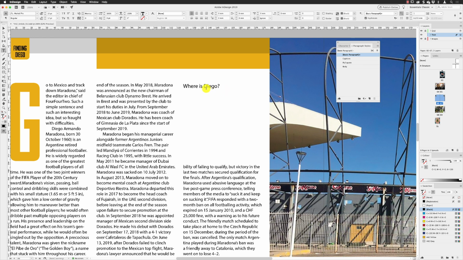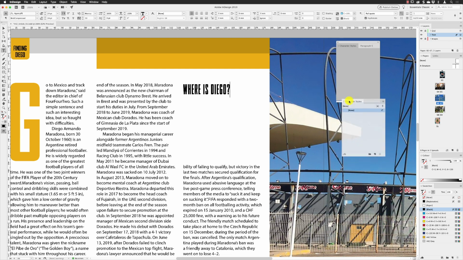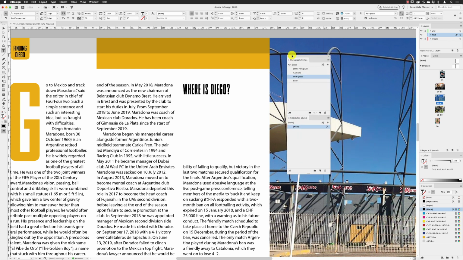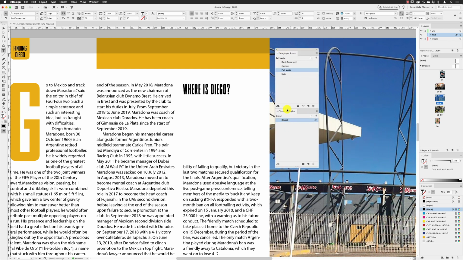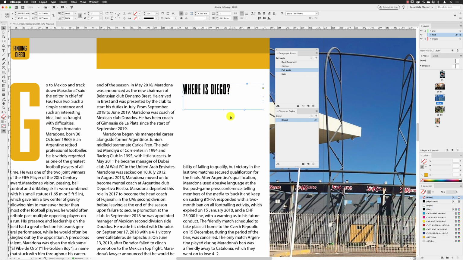And then, of course, because I've already created a style for this, which would be the pull quote, it uses the same style. I've got it pretty much formatted straight away. The only addition to this is that if I click on the character style and drag this down to the bottom so I can see both the paragraph styles and the character styles together, then I'm going to hit the escape key to make sure the text is not selected, click away,